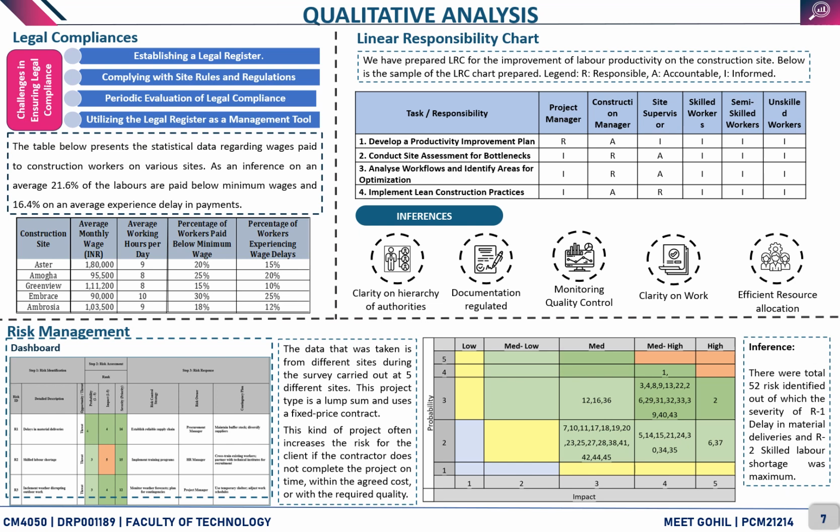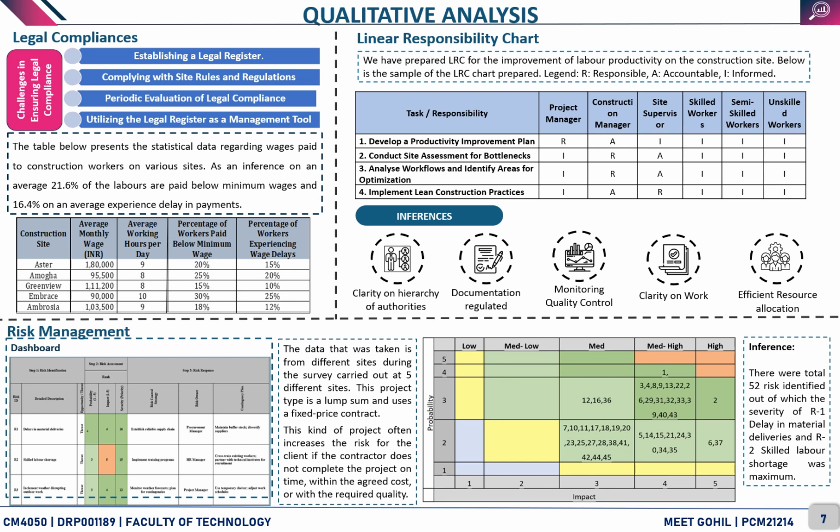Here we have also given the severity assessment with multiplication of probability and impact. For example, risk ID R1, namely delay in material deliveries, has the highest severity. The risk control strategy implemented on it is to establish a reliable supply chain. The risk owner is the procurement manager, and the contingency plan is to maintain buffer stock and diversify suppliers in order